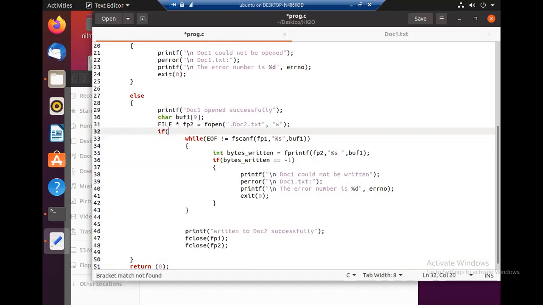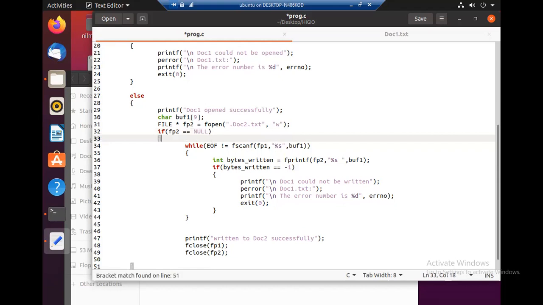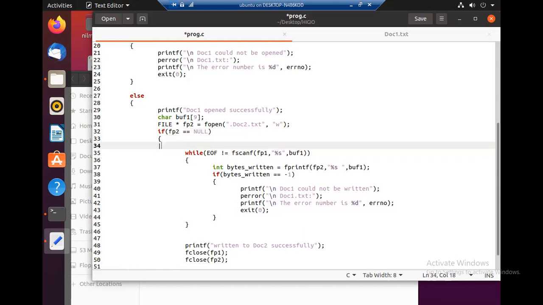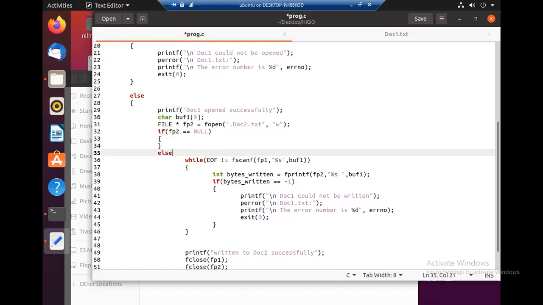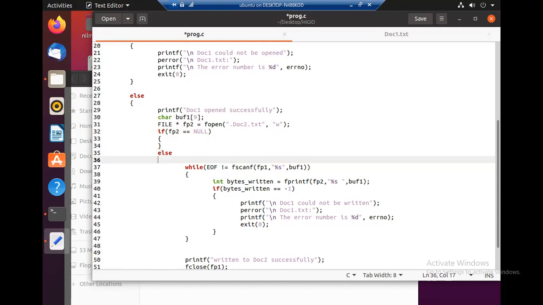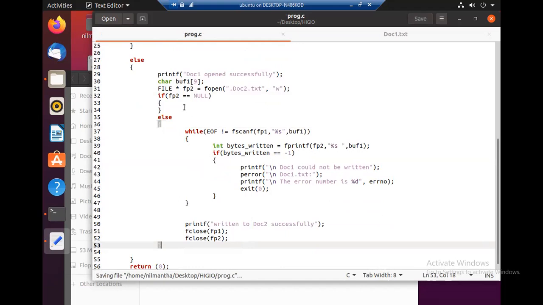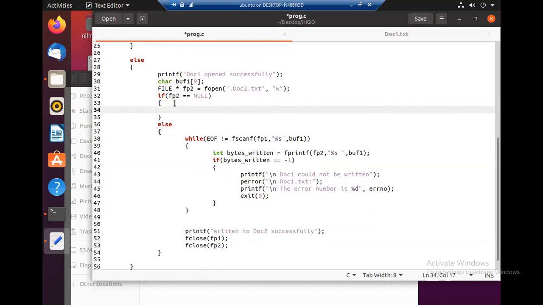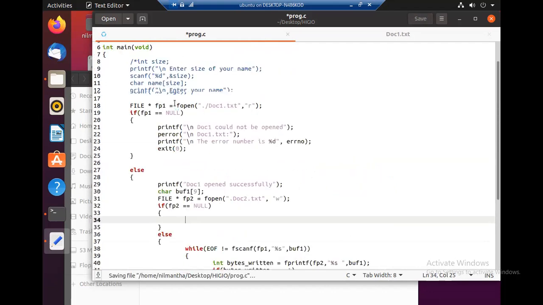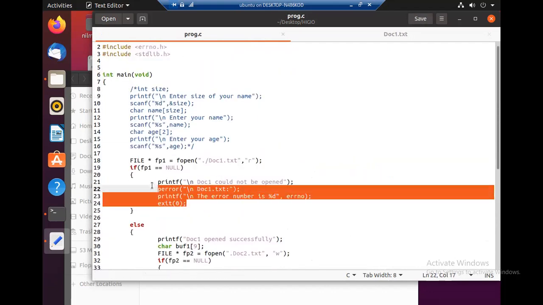So if fp2 equals null, we have to print the error and exit. Otherwise, we have to do this. So if fp2 was null, we'll print these error messages.